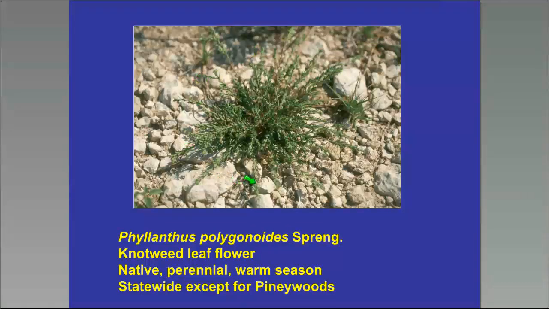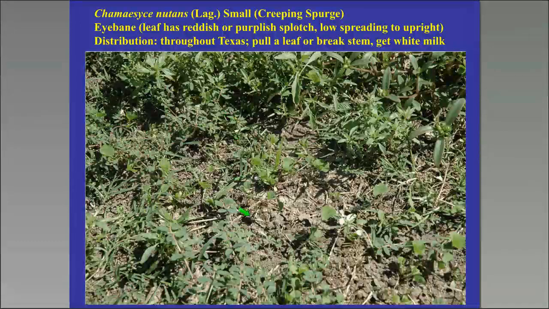And then the leaf flower, you really can't see the flowers because they kind of look like the leaves, but they are mixed in here. So this Phyllanthus polygonoides, it happens to be in the hill country the #1 preferred forb of our white-tailed deer that graze there. And in here, look down at the bottom, I have Chamaesyce nutans, which occurs predominantly throughout Texas,